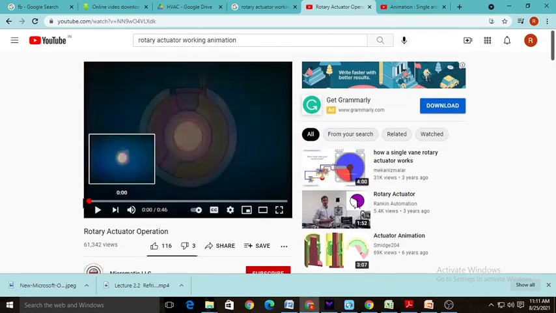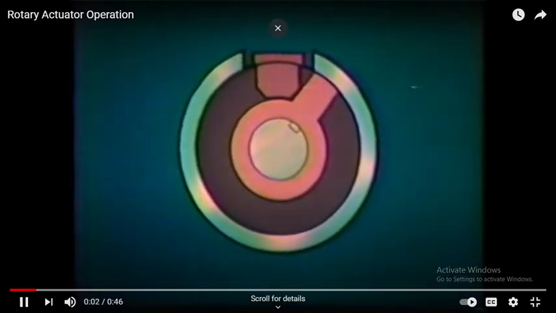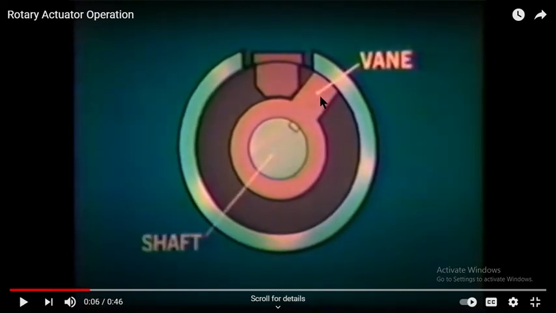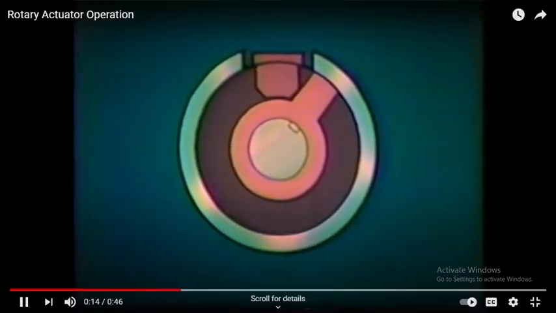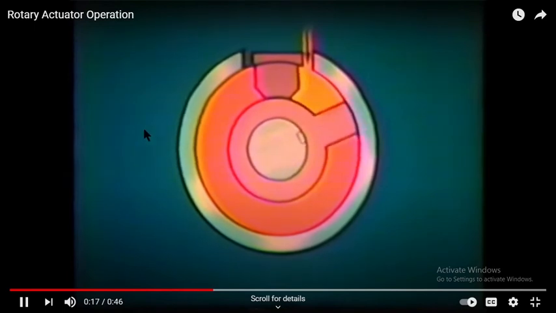So here we are to understand the working of this rotary actuator. Just focus on your screen. This is the vane. Sometimes gears or a piston is also used. This is the shaft where we need to produce the rotary motion. This is the shoe or stoppage. This is the entry and exit for the oil. The shoe partitions the chamber into compartments on either side of the vane. The chamber is formed by a body bore, closed at each end by a head, which supports the shaft assembly.